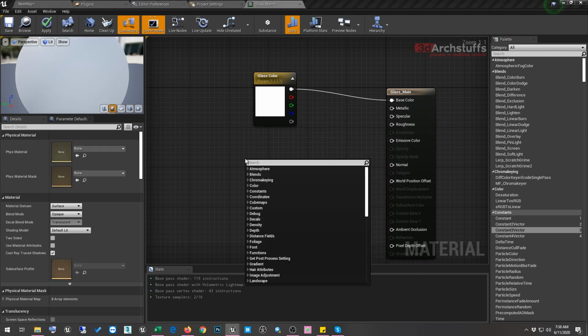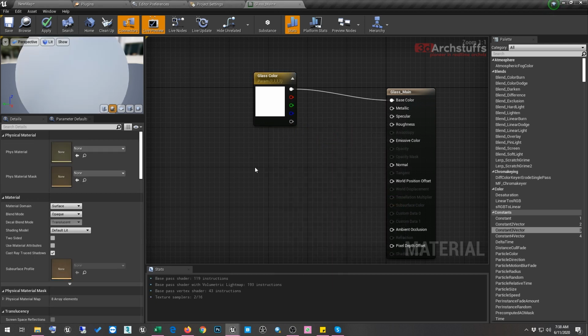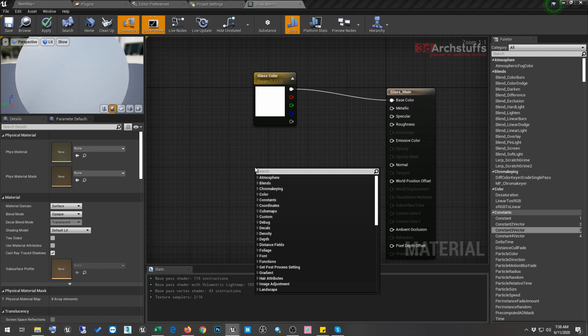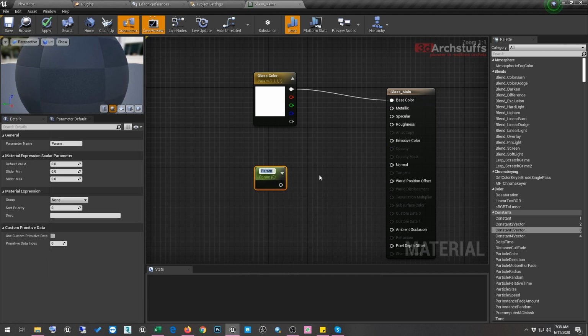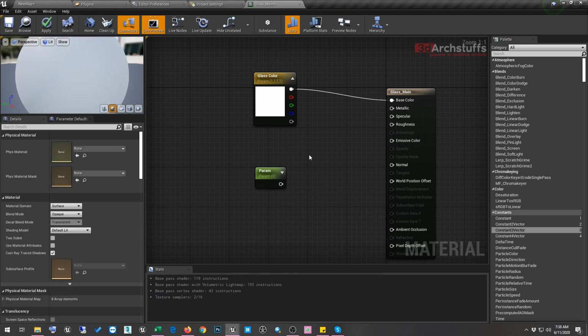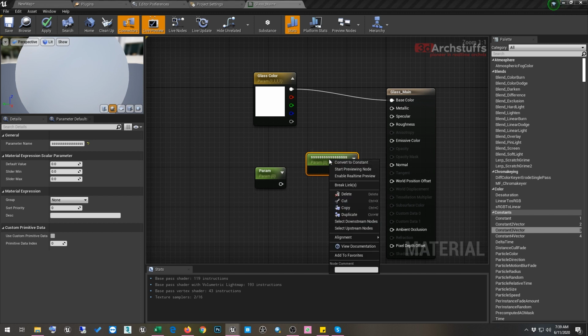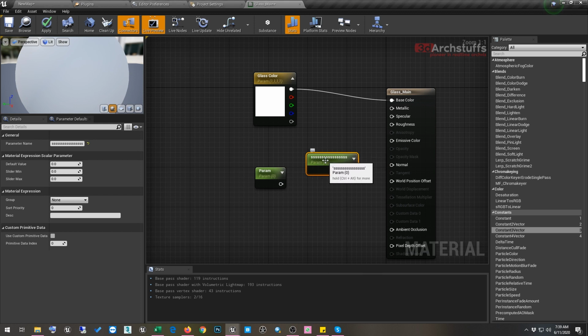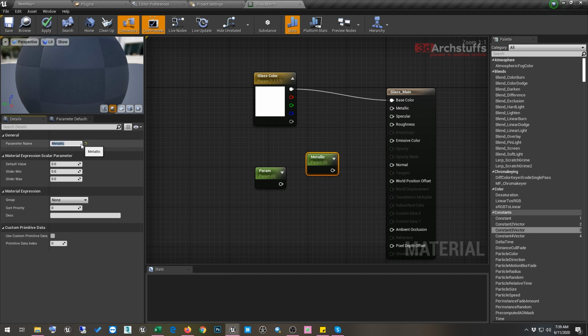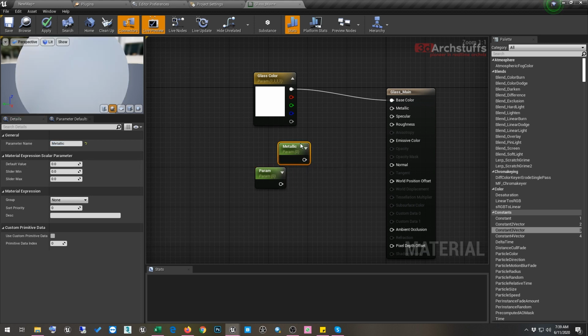After that I will right click anywhere in the viewport and write scalar, and you see here a scalar parameter. The shortcut of this scalar parameter is S. If you press S on your keyboard and then left click, you can also get this scalar parameter. I will rename it to metallic and drop it on metallic.